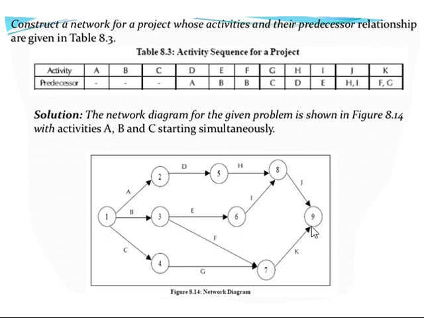That means there are multiple paths. So you need to know how to identify these paths. We need to practice with more network diagrams, first on the identification of the paths. Then, out of those paths, we need to know how to calculate the critical path. The next topic is the critical path.